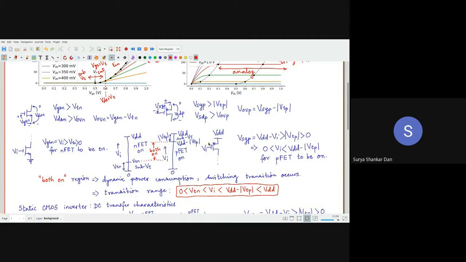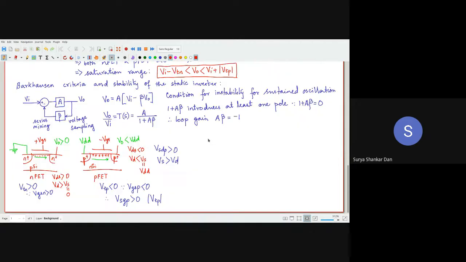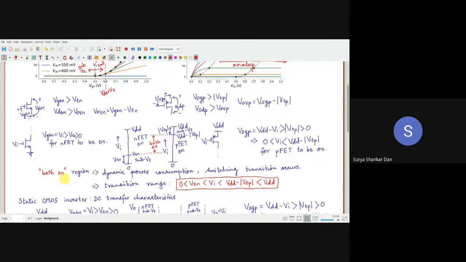As I said here, for the NFET, what we usually do is attach the source terminal to the lowest potential in the circuit. That means VS will be equal to 0. Excellent. वहाँ वही किए हैं. इस VS के टर्मिनल पे मैंने ground लगा दिया. So what is VGSN? This voltage will be VI minus 0. That is VI. VGSN equals VI.